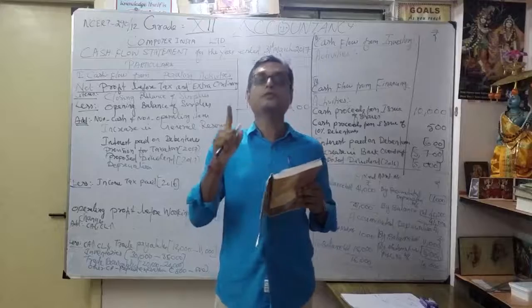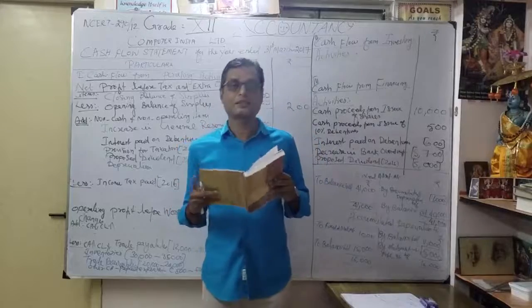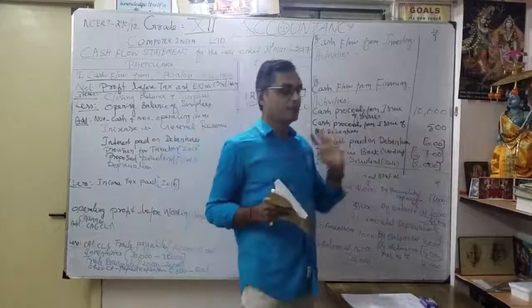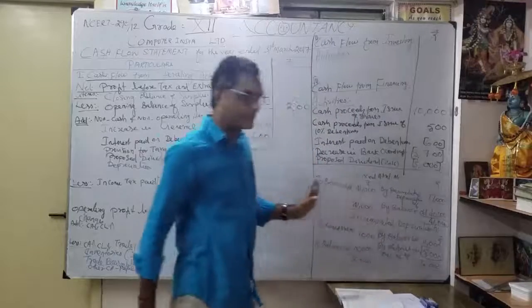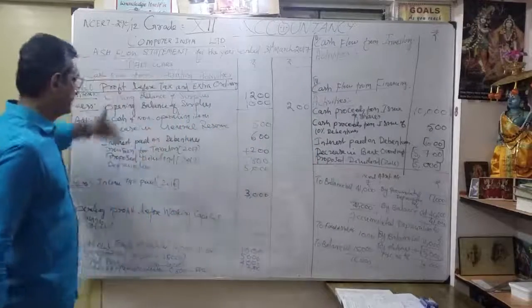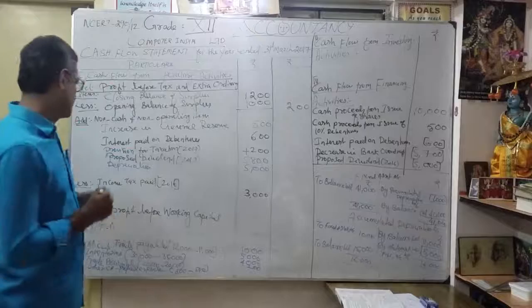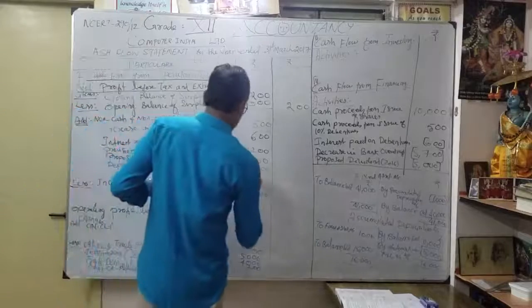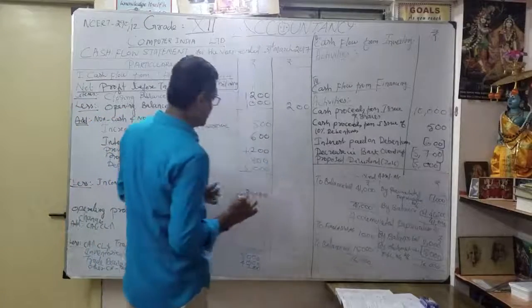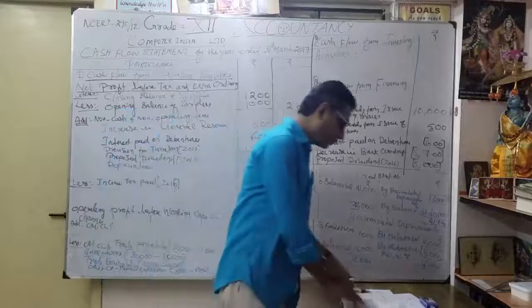The only adjustment given is interest paid on debentures, 600. That we have already done. Okay, so we have to verify whether we have done it all or not. Now going to see our first, the operating activities. Here, operating activities, so what's the total here? When I total everything, what's the total here? I will check it one by one.